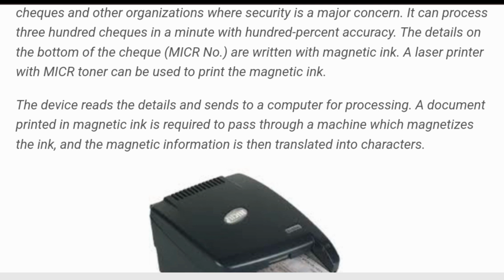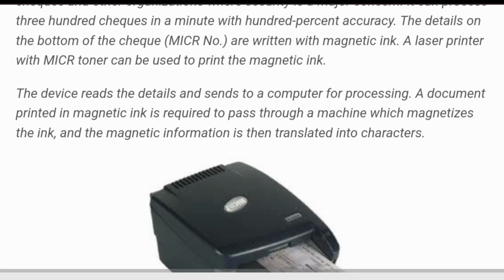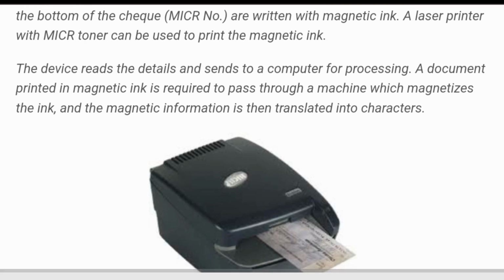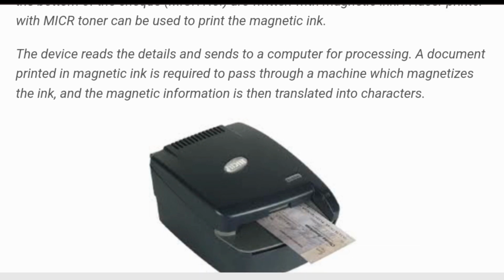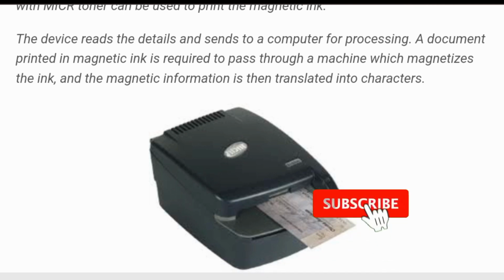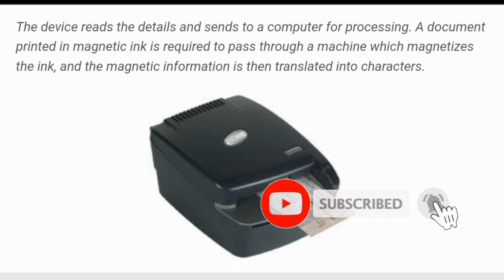The device reads the details and sends them to the computer for processing. Documents printed in magnetic ink are required to pass through a machine which magnetizes the ink, and the magnetic information is then translated into characters.